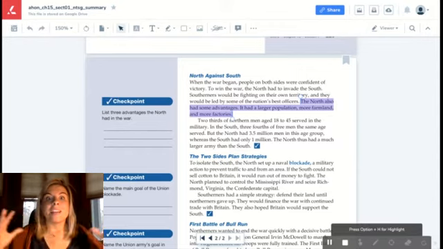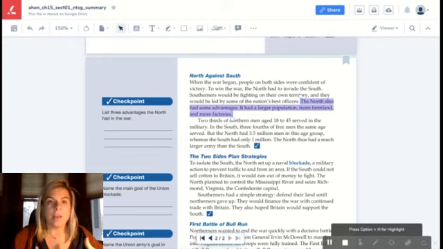Now, land mass, the North definitely had more of. It was much larger than the South. But where farmland comes into play is in the South, they had tons of farmland and their economy was based on agriculture. However, the agriculture they used was for cash crops. Cash crops are crops made to sell. The North had more farmland of just food for people, farms for individual families, as opposed to cotton.